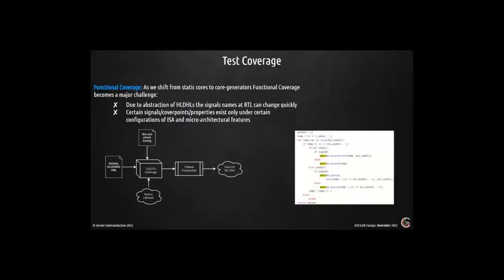Lastly, functional coverage is always the problem. To add configurability, the reason you want to do that is that with high-level languages like Bluespec or Chisel, the signal names can start changing quite drastically and quite quickly. So you need an aliasing YAML, where you define all the cover points based on alias names. And if your design changes, it's only the YAML that changes. It's only the aliasing change. The cover points or the code or properties do not change. Also, certain signals, cover points only exist under certain configurations, and you want to leverage Python over there